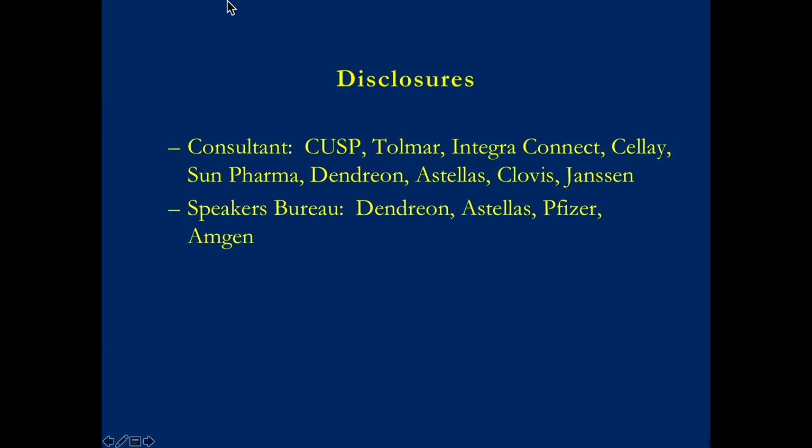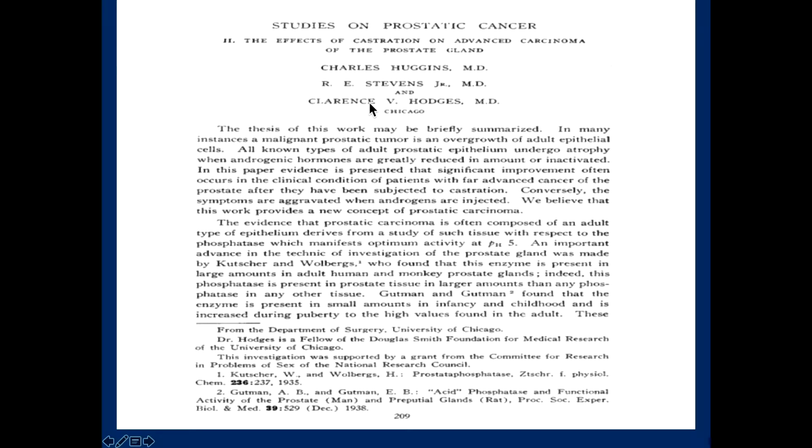So these are my disclosures. So we know that prostate cancer was really observed as an endocrine-driven disease by the seminal work of Huggins and Hodges back in the 40s, and as you know, they were the only urologists to win the Nobel Prize, in the 60s. So we've known forever that if you take out testosterone, you will have basically apoptosis and death